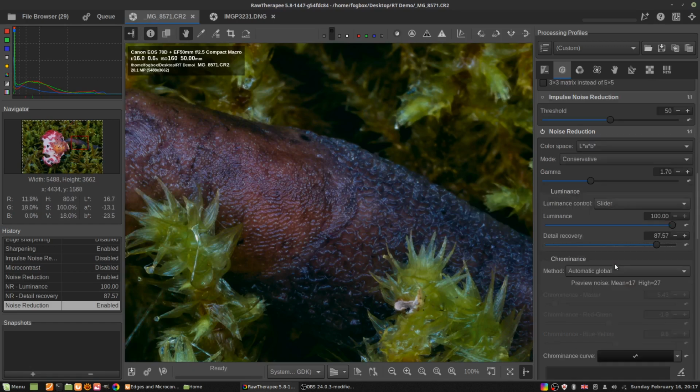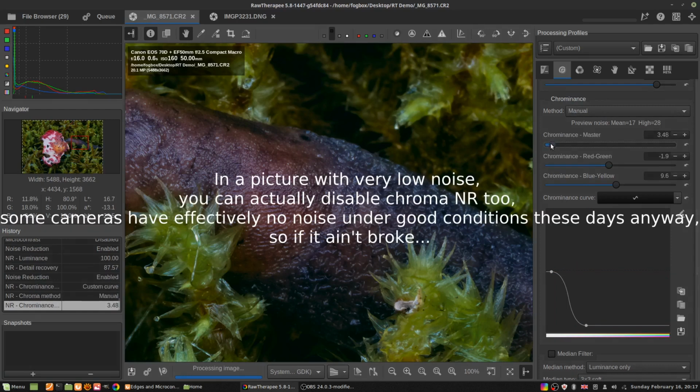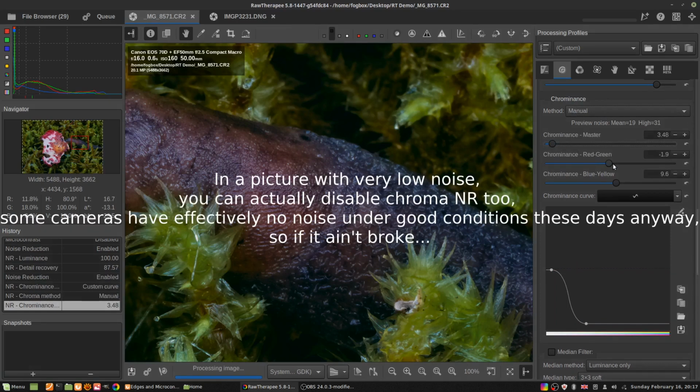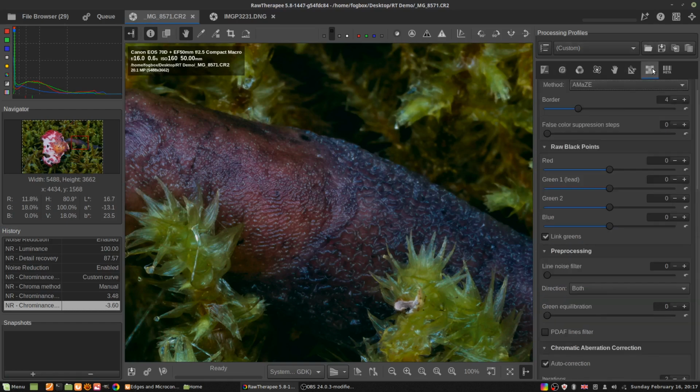Anyway, what you can do about this is play with the curve. This curve adjusts the strength of the chrominance noise reduction, or you could disable the automatic settings and play with the sliders, reduce the chrominance noise reduction, or reduce it just in one channel. That's what I said in the forums. Someone mentioned it and I said, this is what I do. But then people who know way more than me about this stuff came in and said what you really should do is